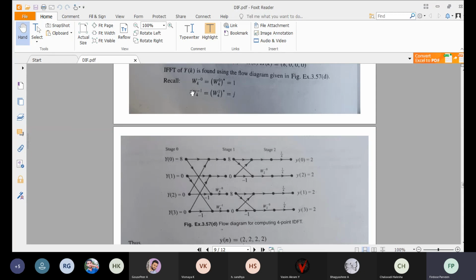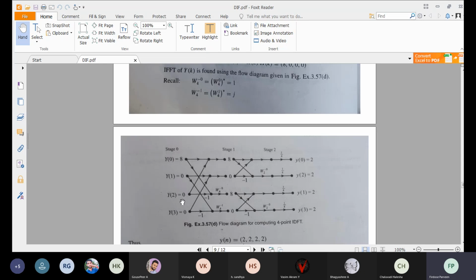W4 to the power of minus 0 is nothing but 1. So 1 I'll be having. So it is what we'll be getting? 8. Okay. So from second line and fourth line, it is connected. So here what you'll be having? 0, you'll be having 0. And from here it is 0 plus 0, what you'll be having? 0. Okay. In the same way, 0 minus 0, again you'll be having 0.